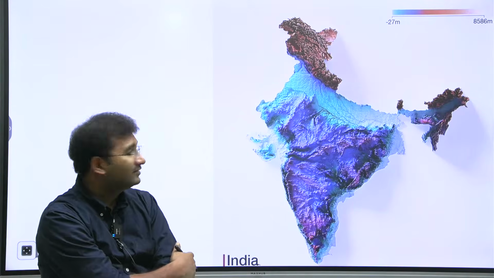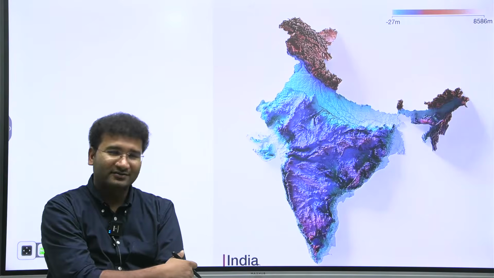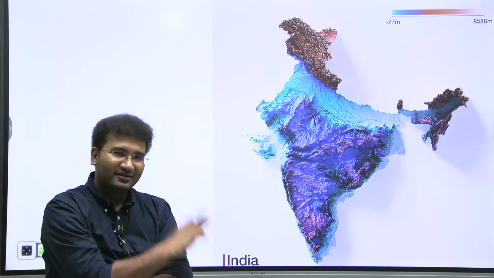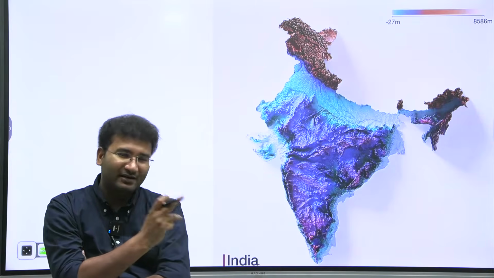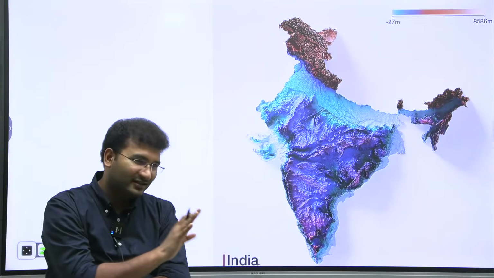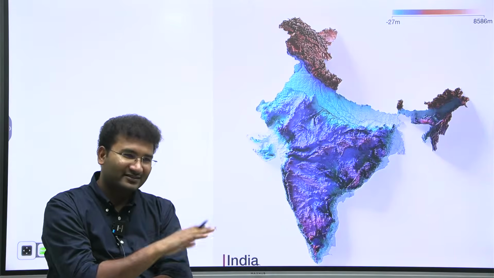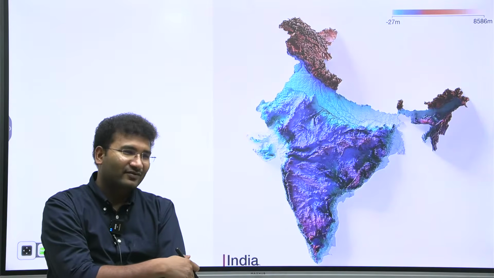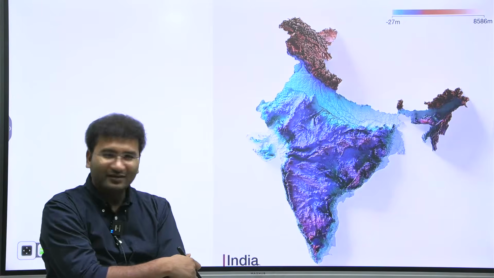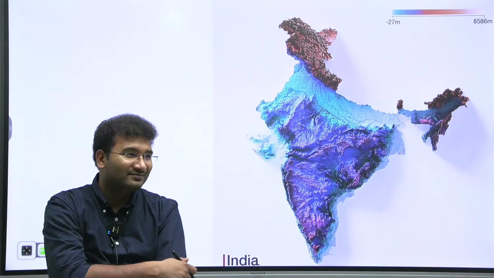Uttarakhand has border with Nepal and Tibet. That is China. Good. Next, Sikkim. Sikkim has border with Nepal, Bhutan and China. Right. 2 states. Arunachal. Agreed. Next, West Bengal with? Good. Agreed. Assam.